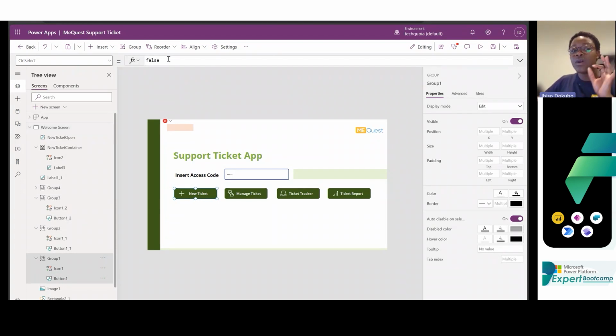So on select for now, by default, every button or every icon or everything you insert on Power Apps is clickable, right? It's like a button. Even if I put on this text, it's like a button, right? So now for now, by default it is false. False means there is nothing attached to it, but now I want to change it. So I'm going to change it and I'm going to say that on select,